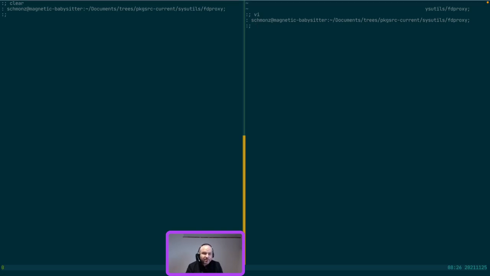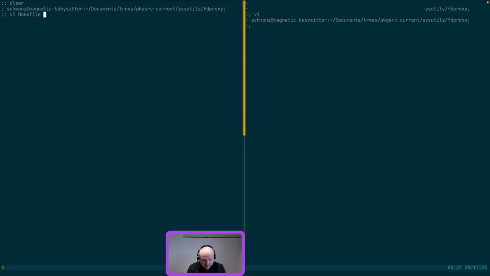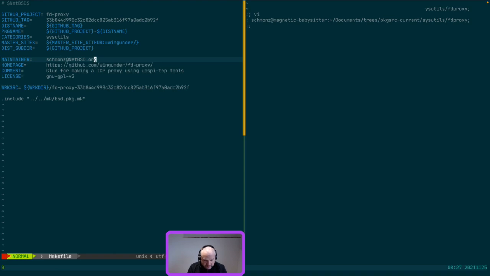Okay, so today I'm doing some package source, and for package source I wanted to add some packages. This is one. It's called fd-proxy. So let me pull up what it's trying to be. It comes from this web page, GitHub Wingunder fd-proxy,